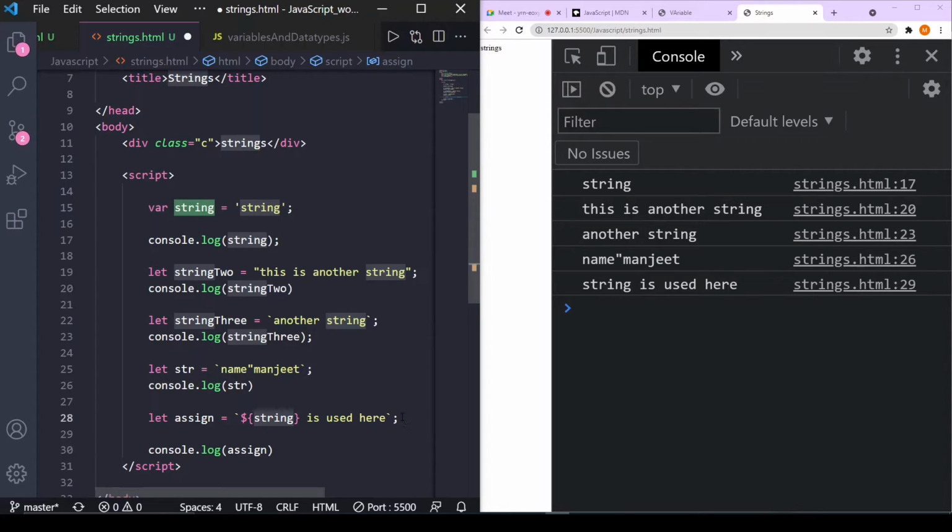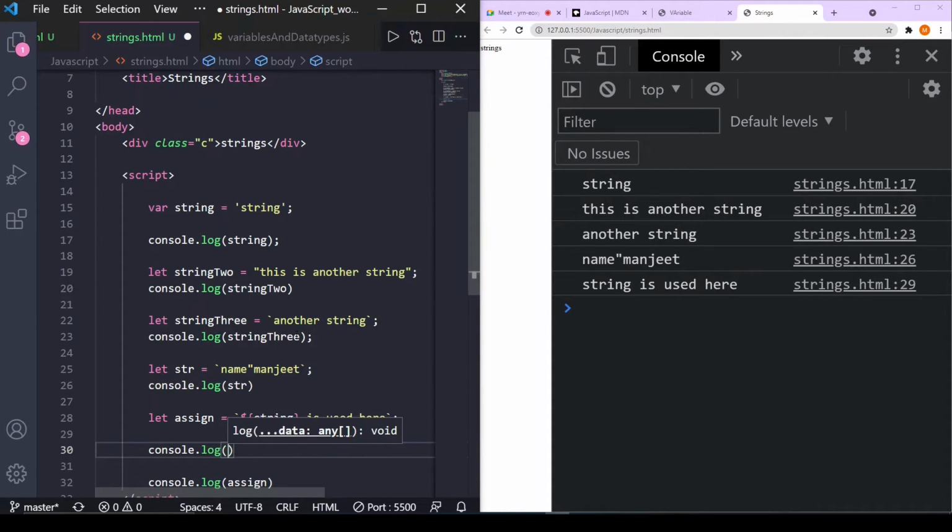Now let's see how we can add these strings. console.log. I want to add string, string 2 and string 3. First I will write string, then the plus sign. This plus operator can be used as a concat operator with strings. We can also use the concat function, but plus is easier to write.